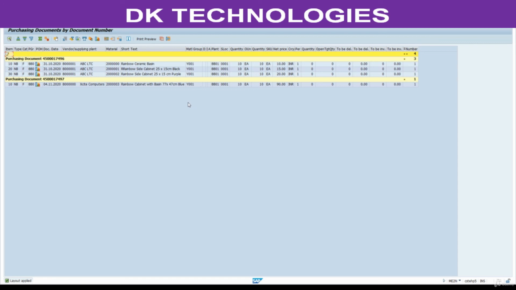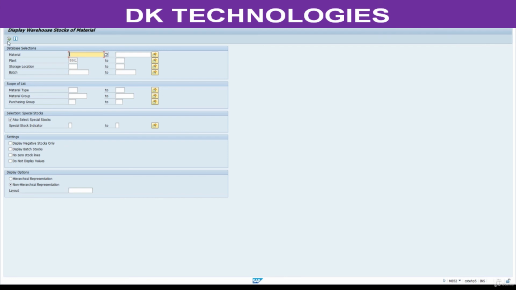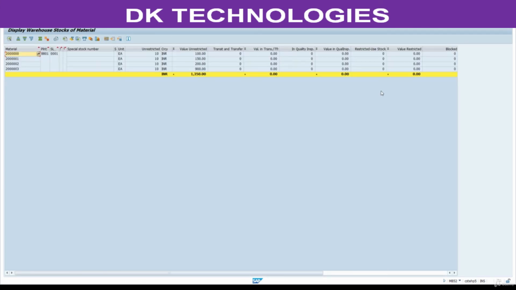Hope you understand how to use this ALV report. Not only this report, you are going to find many reports like ALV only. Even if you go to MB52, whatever layout you did here is specific to this T code only. If you want to create another layout for another T code, you need to go to that T code and execute. Based on your requirement, you can play with this report.